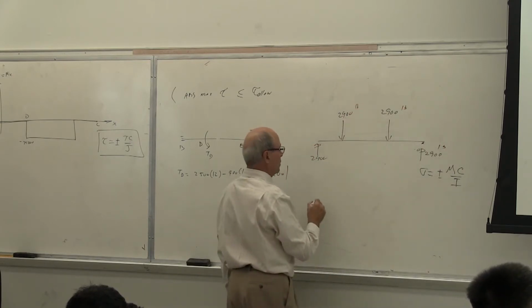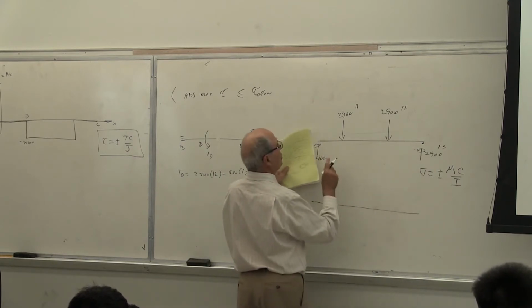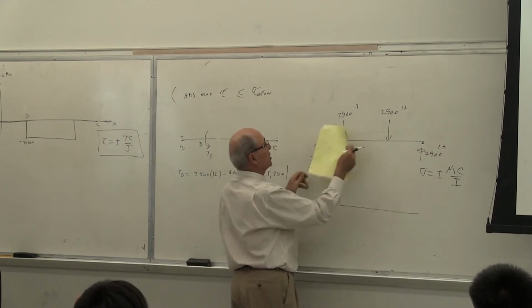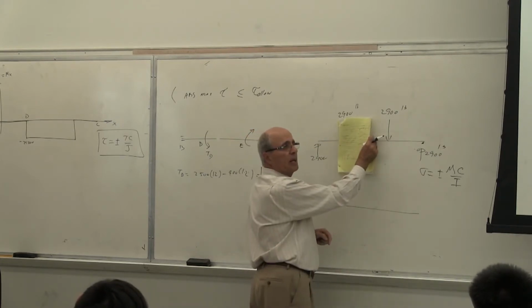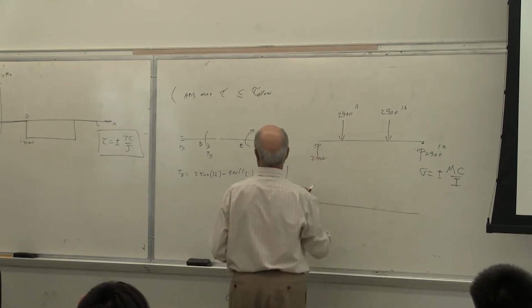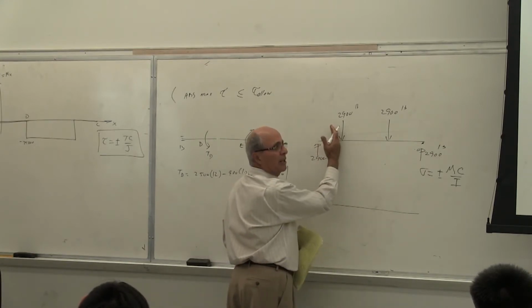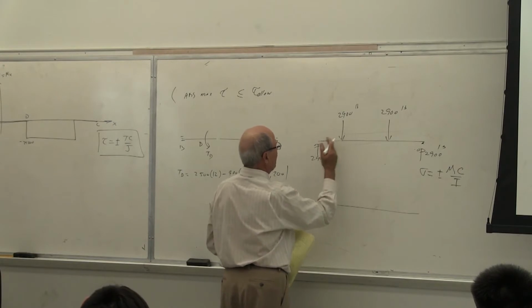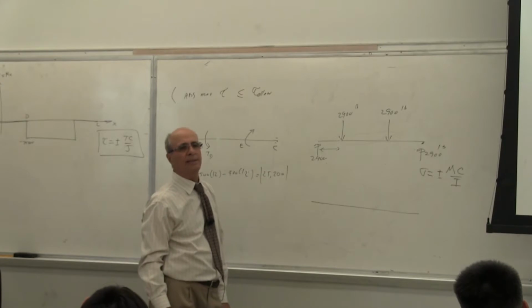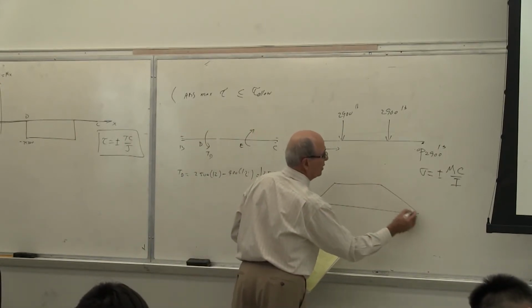Correct? And the moment, this is another mistake that students always make. When they ask you to calculate moment about here, they say 2,900 times distance. That's wrong. It's always this one. Is that correct or not? From ME 218. Although in this problem it doesn't make any difference, don't make that classic mistake. You should start from the left and go forward like that. The moment at this point is 2,900 times this distance. So you calculate that, and the moment becomes constant here, fortunately.